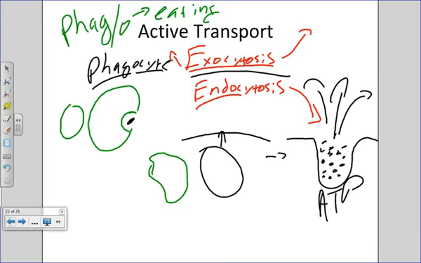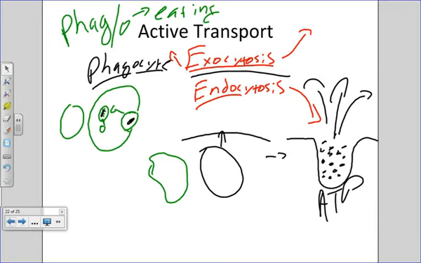Okay, and then as it starts to create this fold around the object, it's eventually going to create this vesicle or this sac from its membrane, and then this sac is going to travel its way into the phagocyte, and then there are basically going to be these intracellular organelles that are going to fuse with this vesicle, dump out digestive enzymes, and break apart whatever it was that it just consumed. Okay, so phagocytosis,